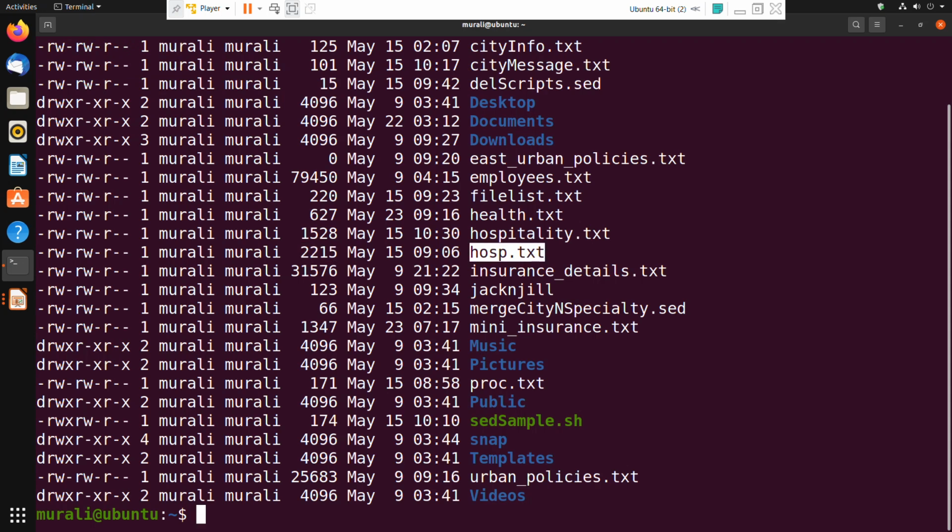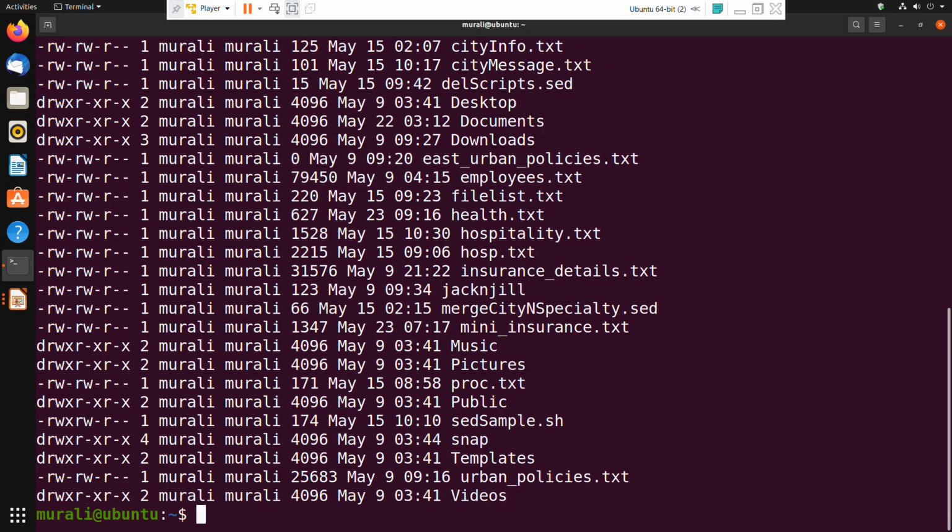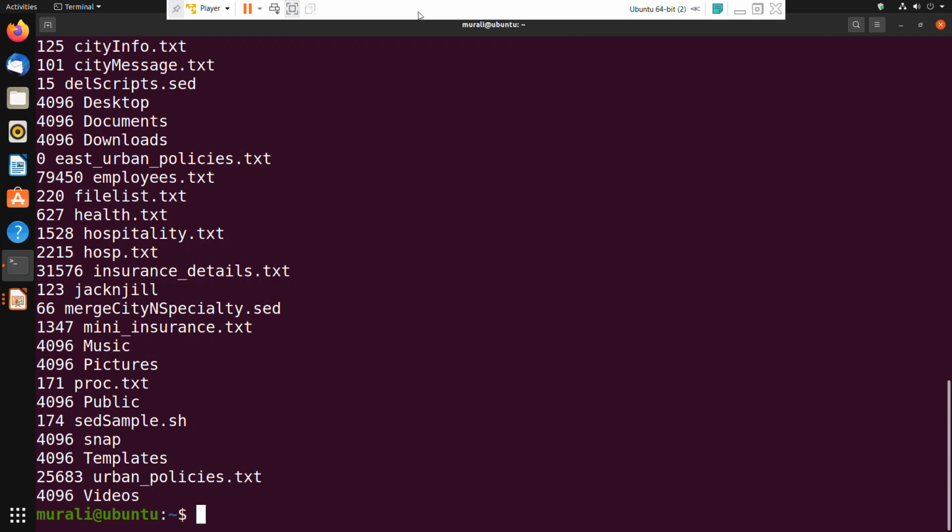For that, first I pass it on to the tr command, where I squeeze the multiple occurrences of space to a single occurrence. See, multiple occurrences of spaces have been squeezed to a single occurrence. Which field number is the size of the file? The 5th field, and the name of the file is the 9th field. So I pass this output to cut -d space -f 5,9. Now what is it outputting? The size of the file and the name of the file.